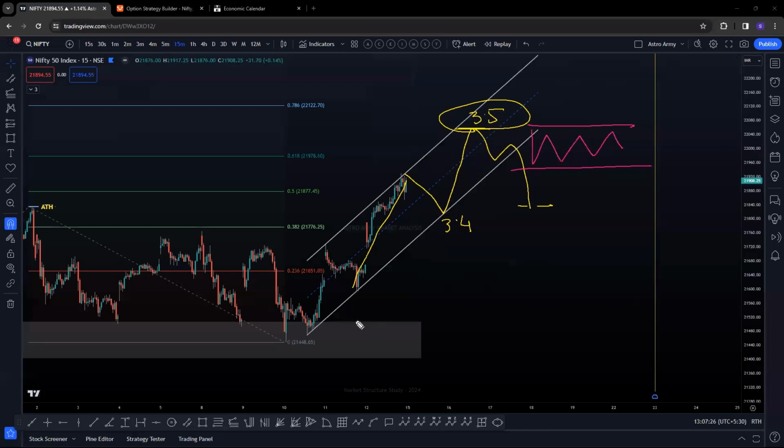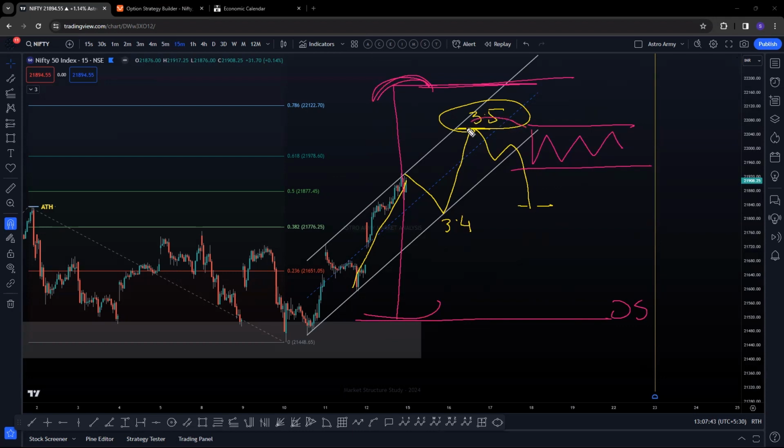If you're already holding an option selling position here, right, what you can do as per the setup here is that I will be looking for option selling on the upside, right? The call option here. So what will I have? I'll have this entire range to play with. Again, you're targeting wave 4 here, right? This will be a 5.4. You are targeting this wave 4 as a sideways correction or a price correction, anything. You are looking for an upside and downside option selling position. This gives you a huge range to play with. You'll have good time decay.